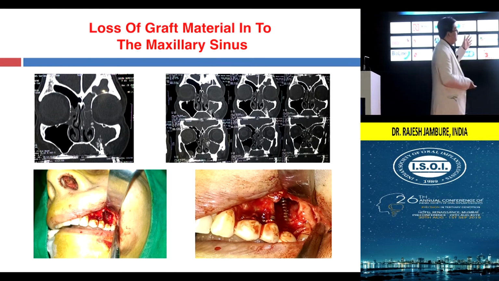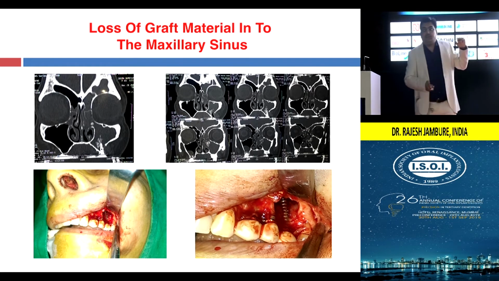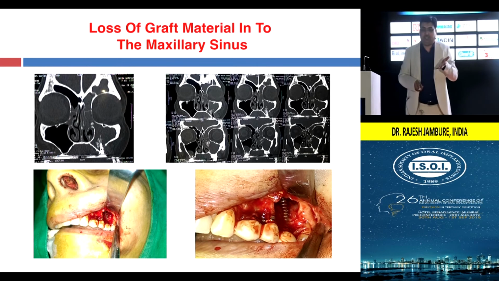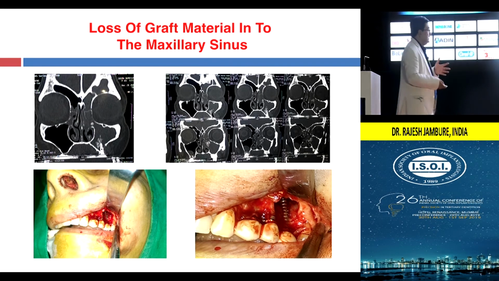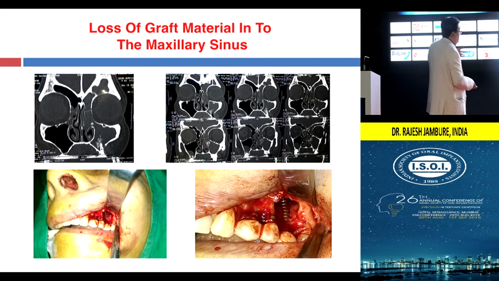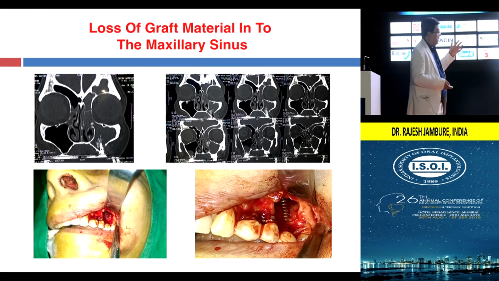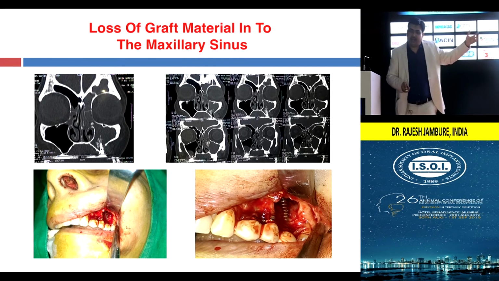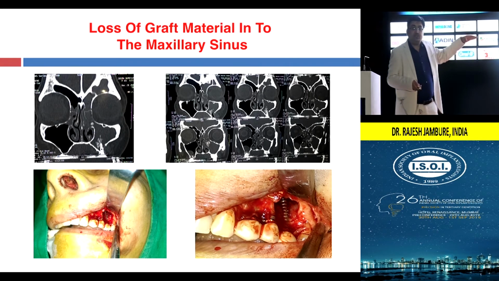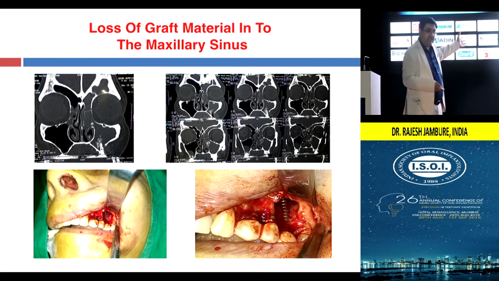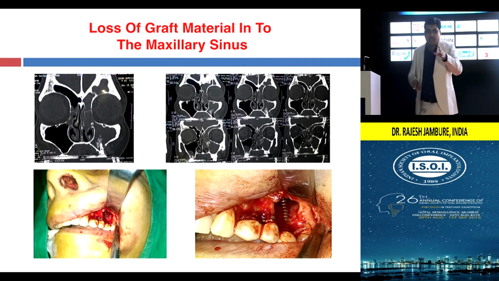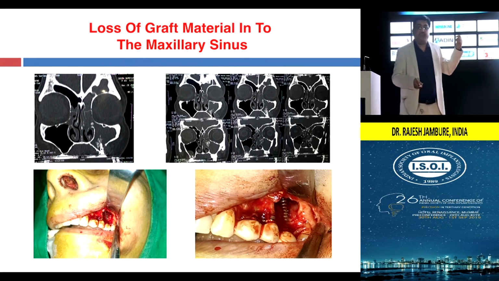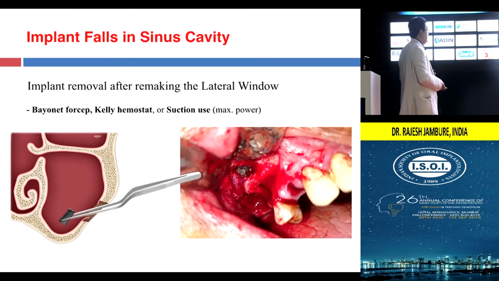Now this particular case was reported with a graft infection. It happens when we perforate the sinuses and the graft is pushed into the sinuses. So when I saw this case, we chose an option of the lateral window approach to remove it. Sometimes you need the help of an ENT surgeon to open up the medial meatus. This ostium opening is needed, and even face surgery is needed in some of these cases.